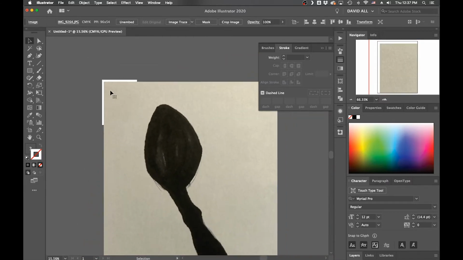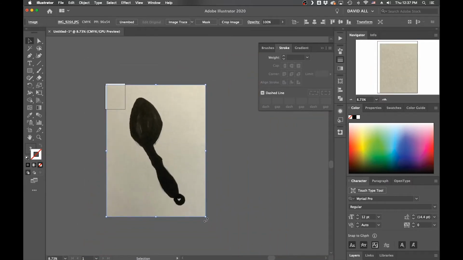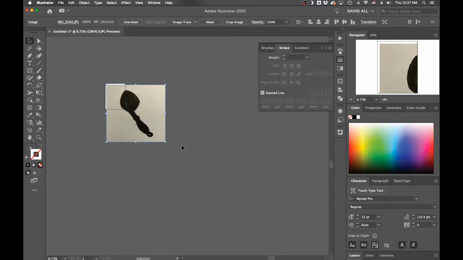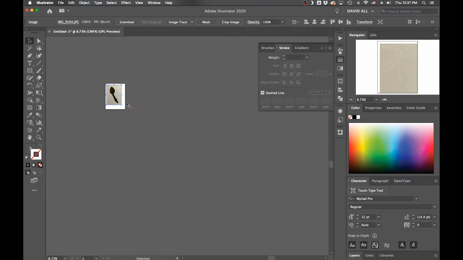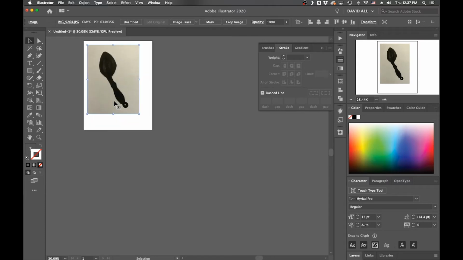It'll be full size, which is probably going to be too large. So you want to come down here to the corner, click and drag. You can see how if I click and drag, it can distort it. You can undo that by pressing Command Z, or actually Open Apple Z. If we hold down Shift while we drag, it keeps a constant ratio, so it doesn't distort